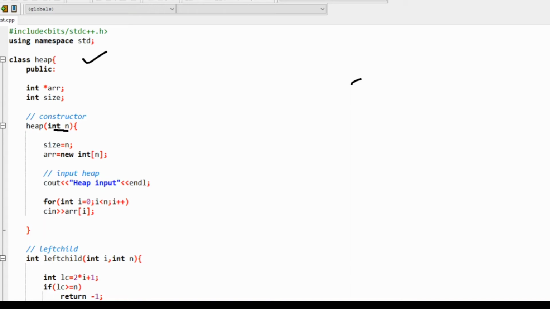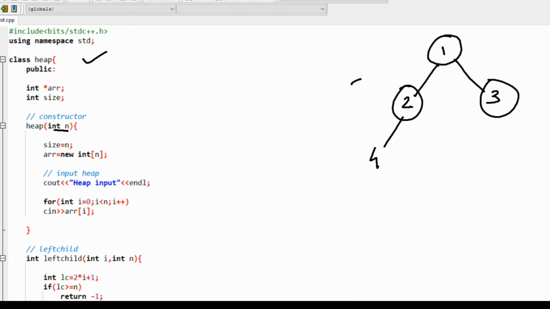So we know that there are two types of heap. One is min heap and another one is max heap. So suppose I'll be drawing a min heap: 1, 2, 3, 4 and 5. Okay. Now